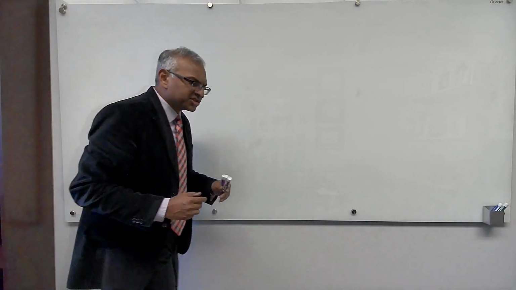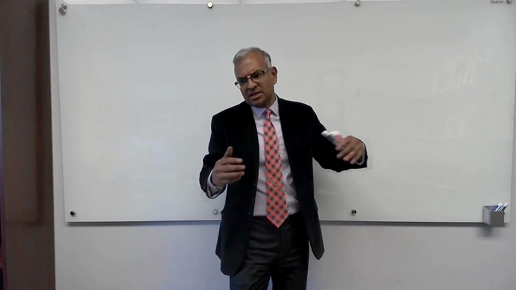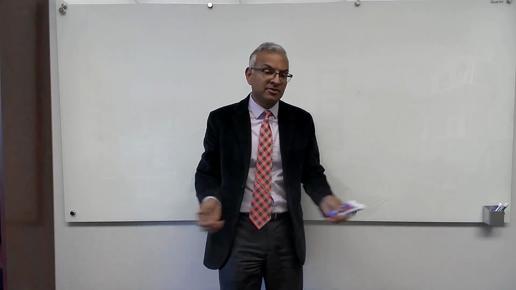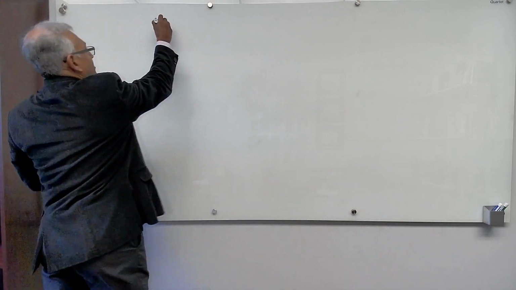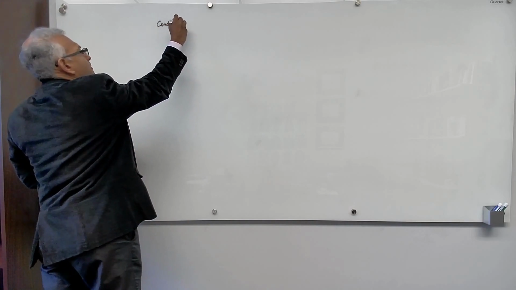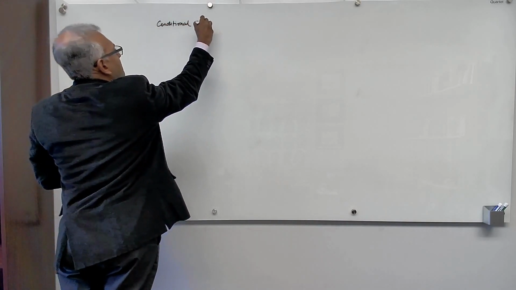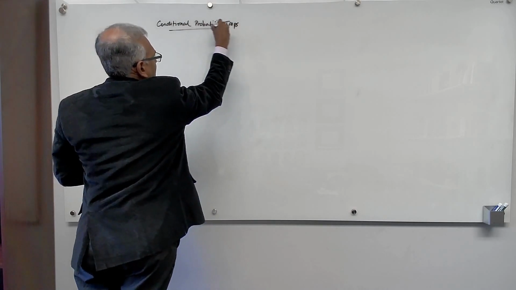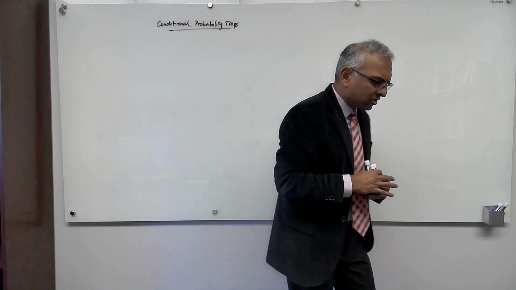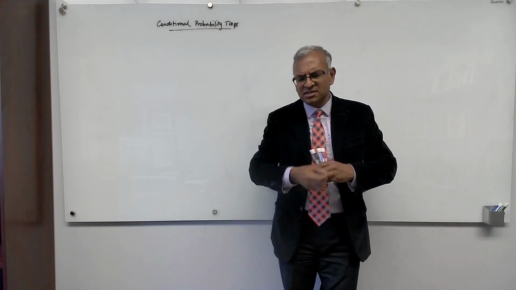Okay, so let's talk about conditional probability traps, or errors that people can make. They're very subtle errors, sometimes leading to very big mistakes, when you use one probability instead of another. The issues arise because we have so many different kinds of probabilities, and the differences between them